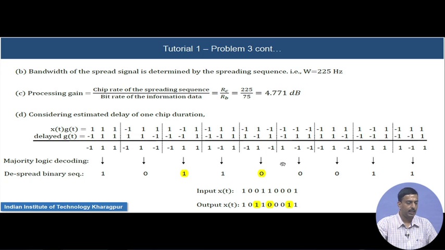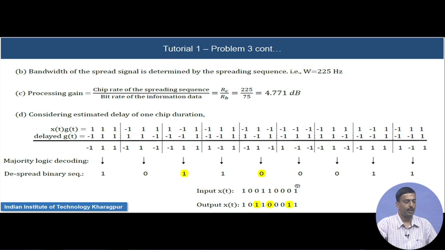So now what we see is that we have the despread binary sequence based on this majority logic decoding as 1 0 1 1 0 0 0 1 1. So when we compare it with the input, we notice there are 3 errors in bit positions 3, 5 and 8. I'm sorry, this bit of 1 should have also been highlighted, because these are the 3 bits which are in